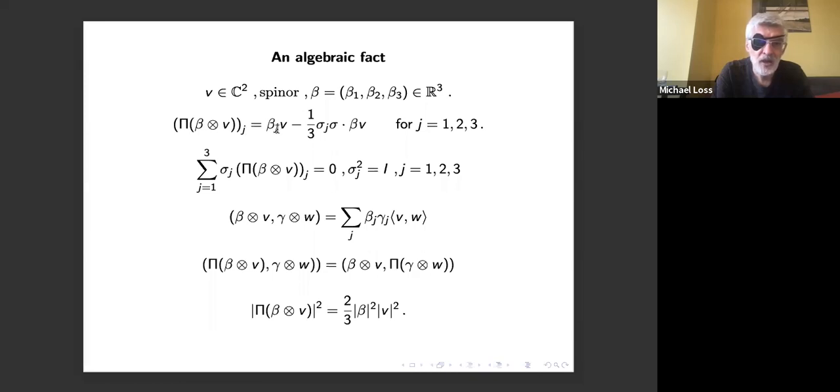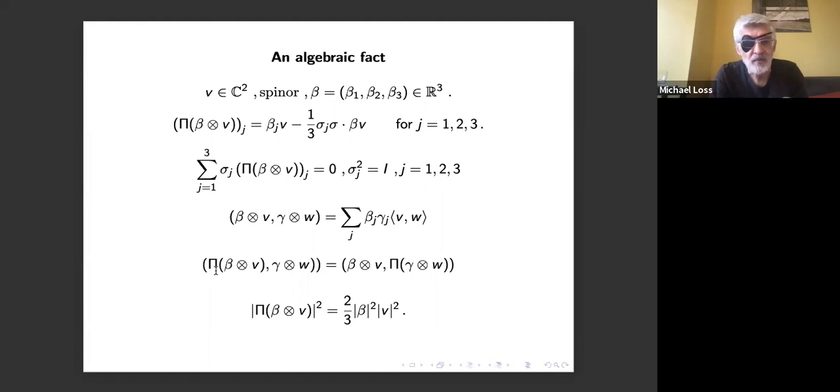What you easily can check is that when you multiply this gadget here by sigma_j, beta_j, and you sum on j, then you get 0. And the reason is, of course, that you get here sigma dot beta V, but here you get sigma_j squared, which is 1, and summing that gives you a factor of 3 that cancels out, right? So this is a fact. Now, what we do is on this space, we introduce an inner product, beta tensor V, gamma tensor W, to be the sum beta_j gamma_j times the inner product of V and W, where of course this is just the standard inner product of spinors, okay? You can easily check that this pi, this operator, which is some kind of a projection, if you like,